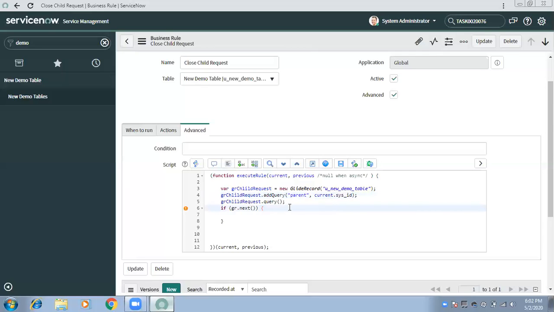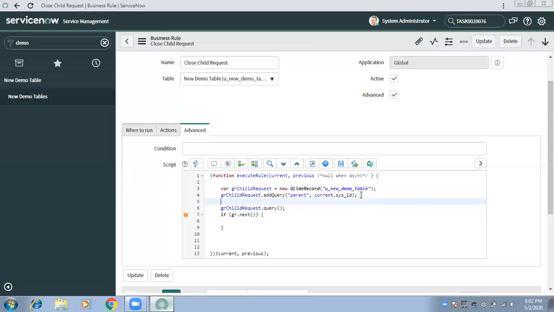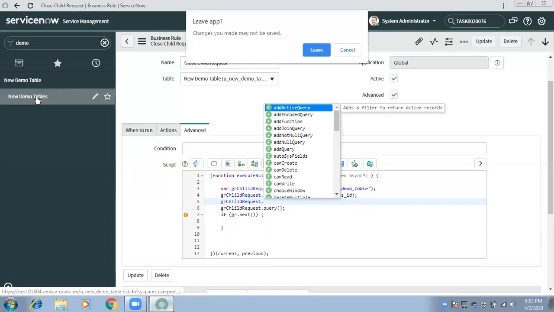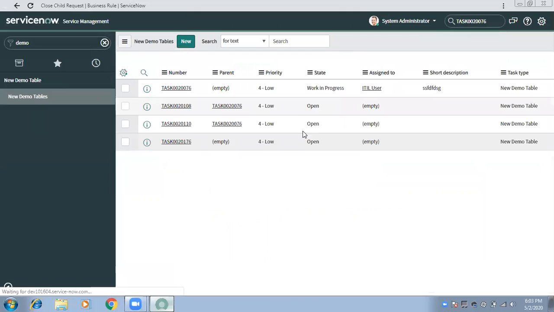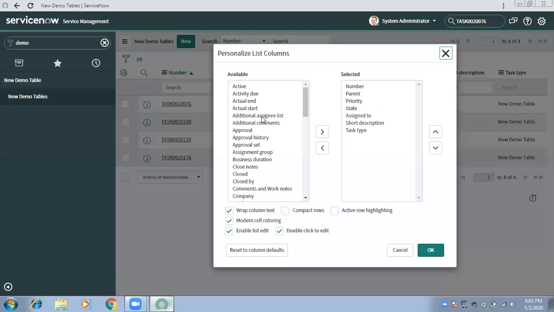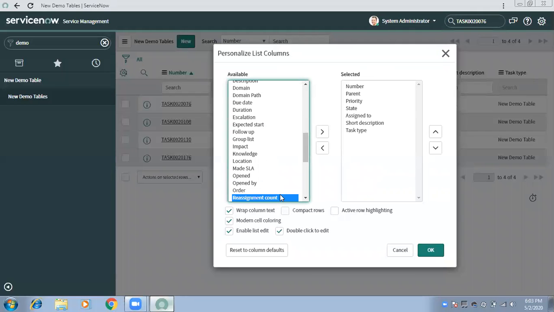Okay. Now these three lines give you the child records. Similarly, if you have one more query, you may want to filter these records further, for example, wherever the request type is HR, only close those. That could be another condition. Let's say if I come back to our request, if I open these two, let me put the request type.